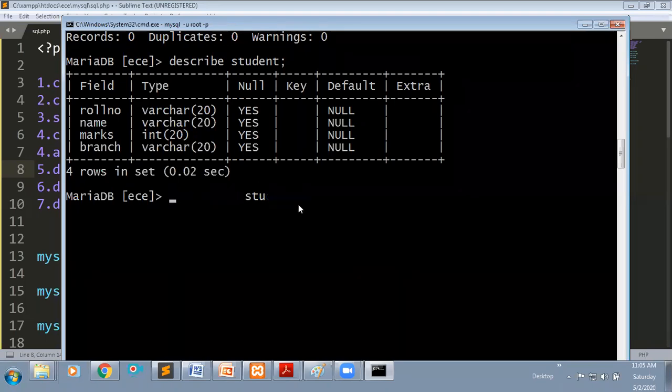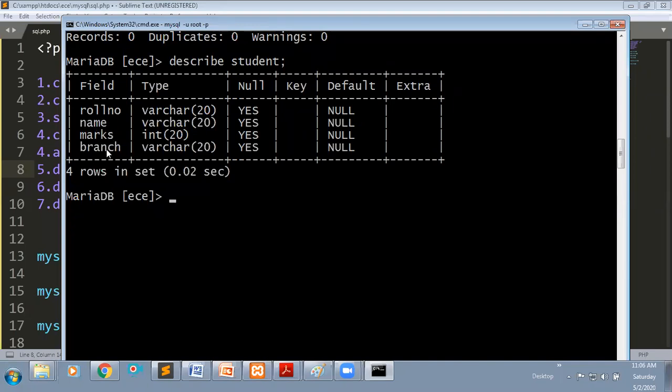I'm going to use one more statement. After creating your table, you can insert some data into the table. For example, I want to insert the first roll number, the name of that person, the marks, and the branch of that person.